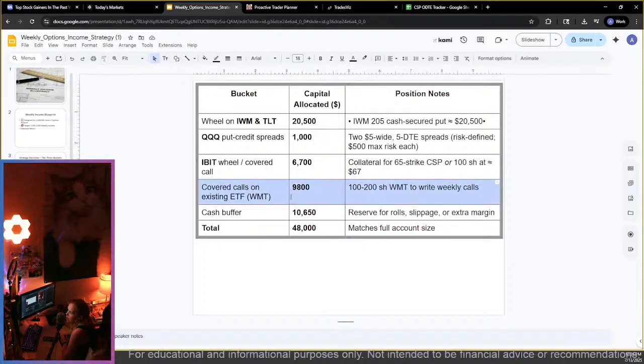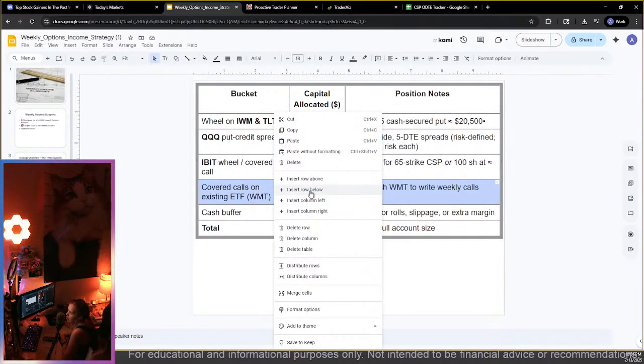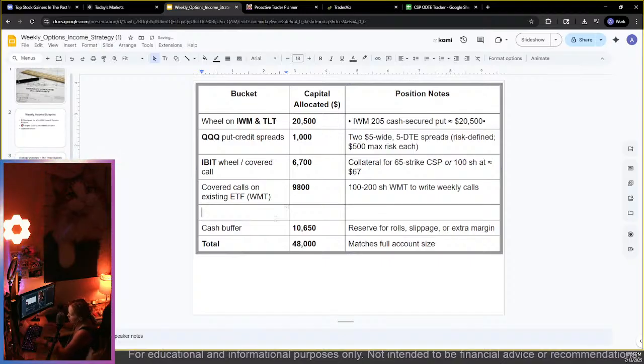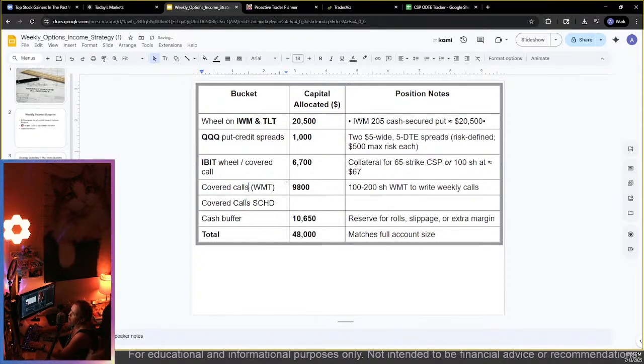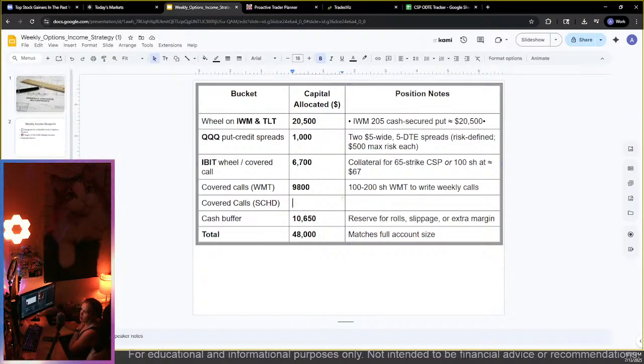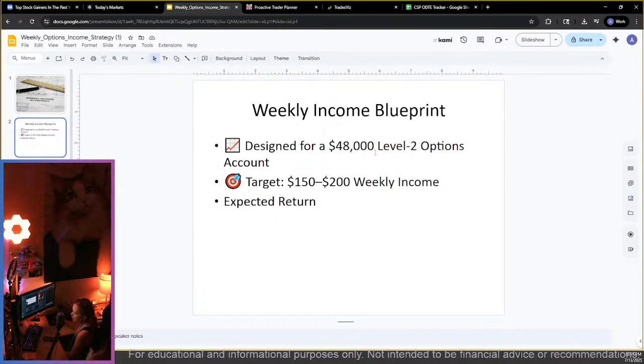Now I'm gonna have to pay for my own ChatGPT. So this is gonna have to be covered calls. Let's see. Okay. I'll have to figure out how much that would be. So I'll update that. But this is where we're starting. The account's starting at about this much. We'll do some weekly updates on this and see how